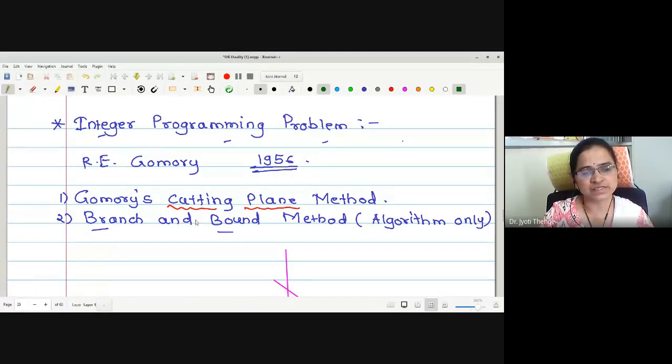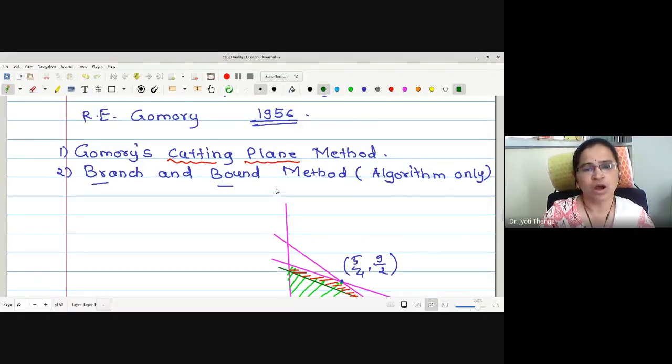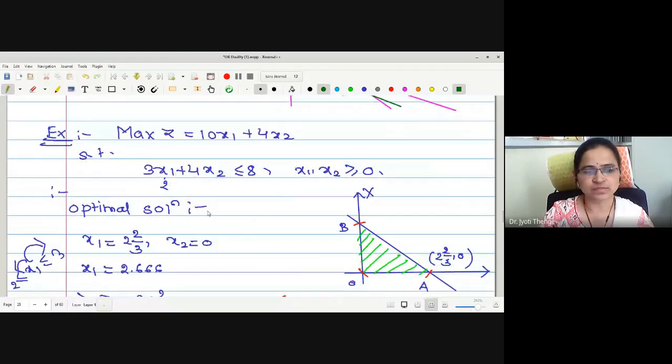The integer programming problem itself tells us the meaning. We are going to deal with a linear programming problem which has an integer valued solution. The systematic procedure for developing the solution of a linear programming problem to integer values was introduced by the mathematician R. E. Gomory in 1956. Under this heading, we are going to study two different methods: Gomory's cutting plane method and the branch and bound algorithm. Before going to those systematic algorithms, we will try to understand why rounding off is not applicable or useful in finding the integer valued solution.